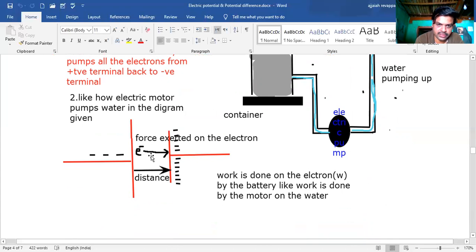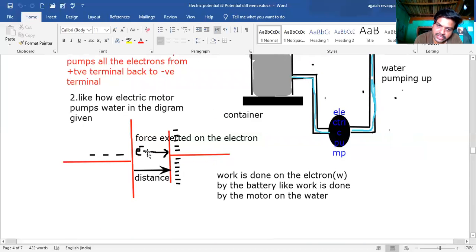We have learned in class 8 that like charges always repel. So this electron gets repelled by this electron cloud. For that, the battery or cell has to do a lot of work. The battery or cell has to exert force on this electron to push against the force of repulsion. How much force does it have to exert on the electron? Greater than the force of repulsion.